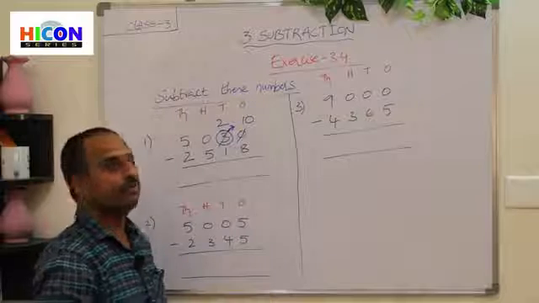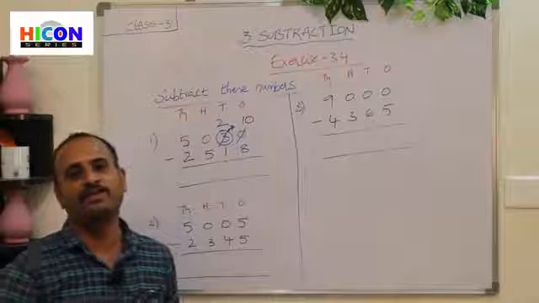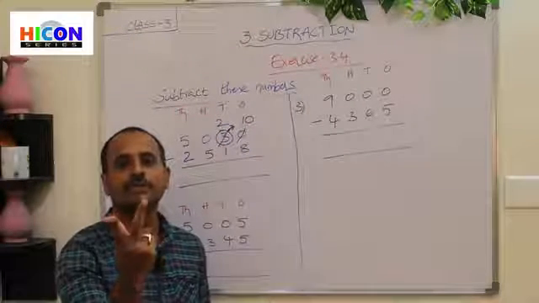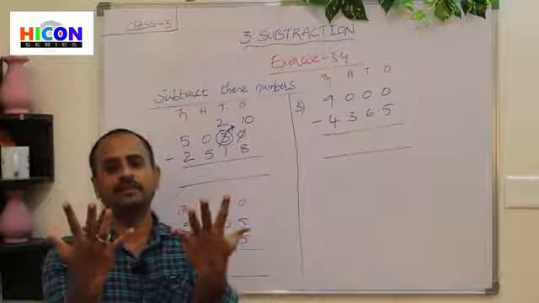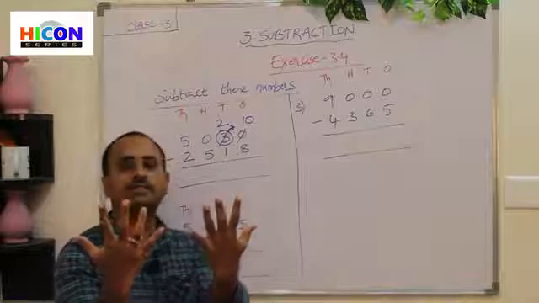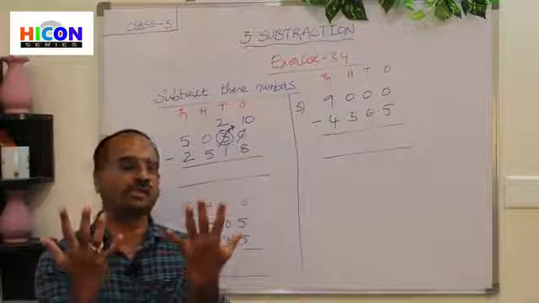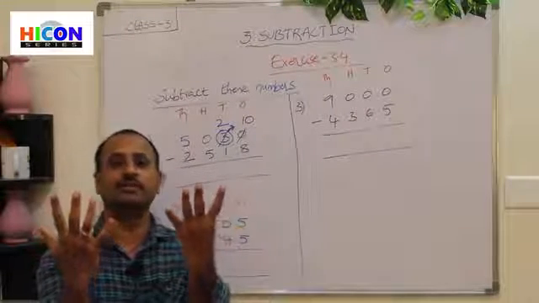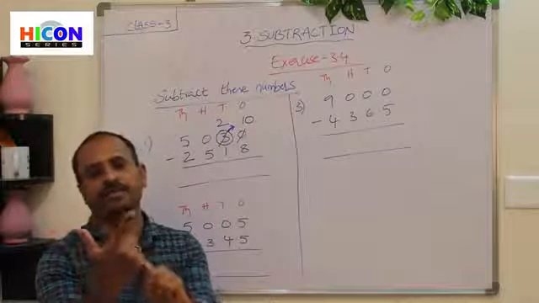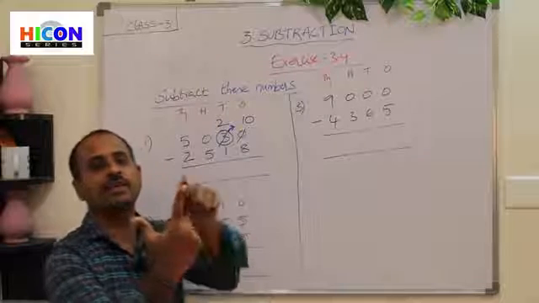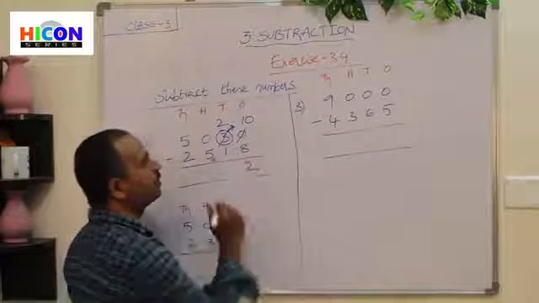Here 10 is the first number, 8 is the second number. So open 10 fingers of your hand. That is 1, 2, 3, 4, 5, 6, 7, 8, 9, 10. So these are the 10 fingers. And what is the second number? 8. So close 8 fingers among these 10 fingers. Children, see I am closing 8 fingers. 1, 2, 3, 4, 5, 6, 7, 8. How many fingers are remaining? 1, 2. So 2 fingers are remaining. So write 2 here.